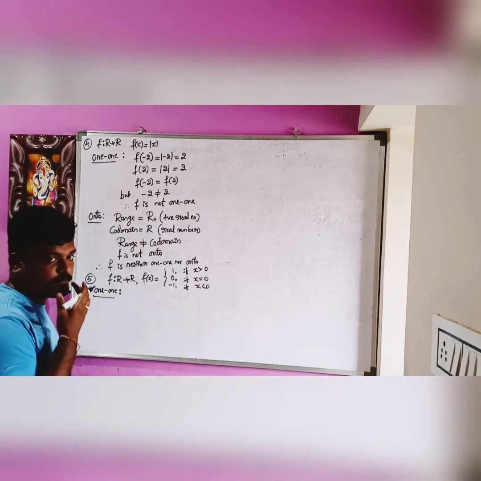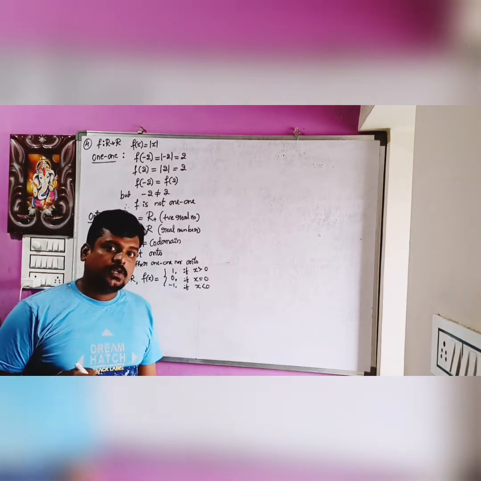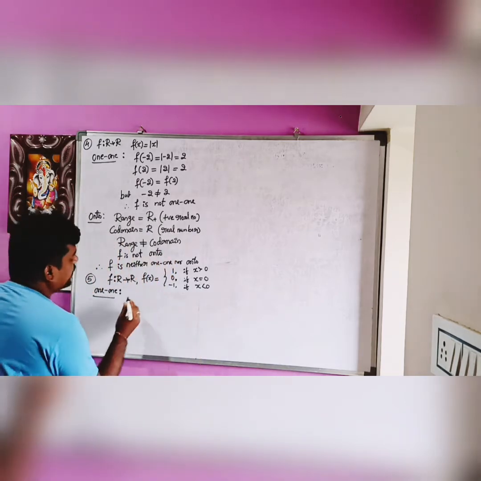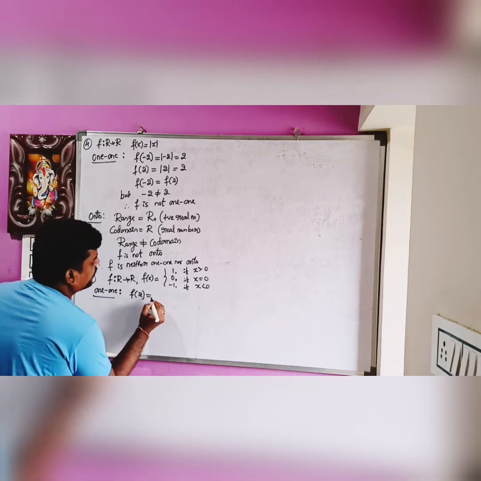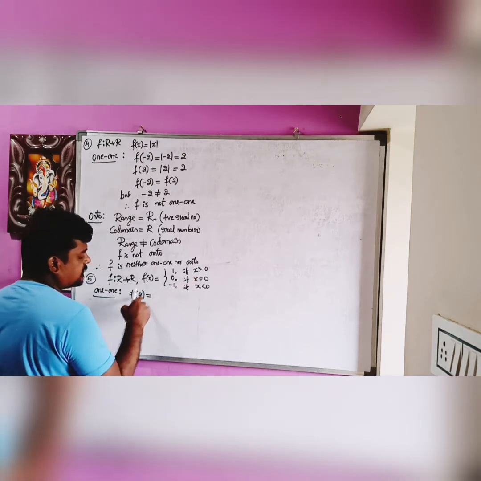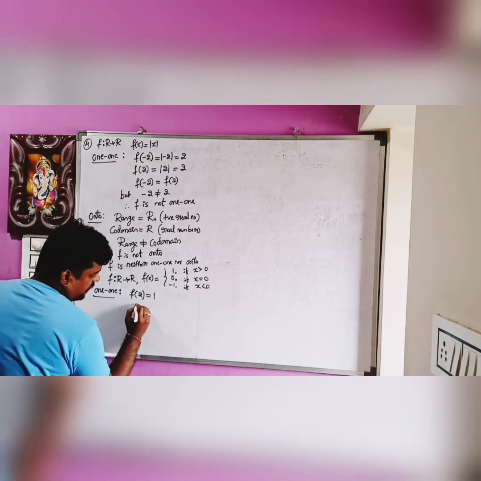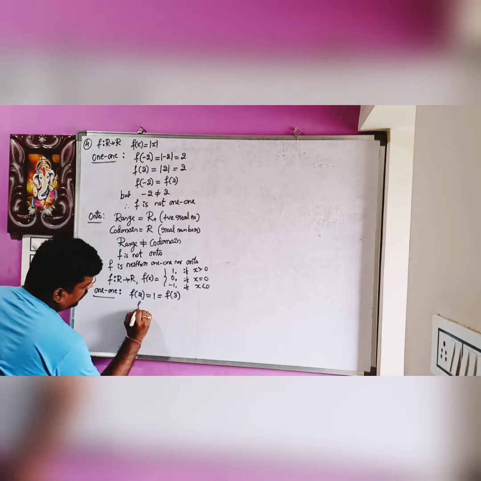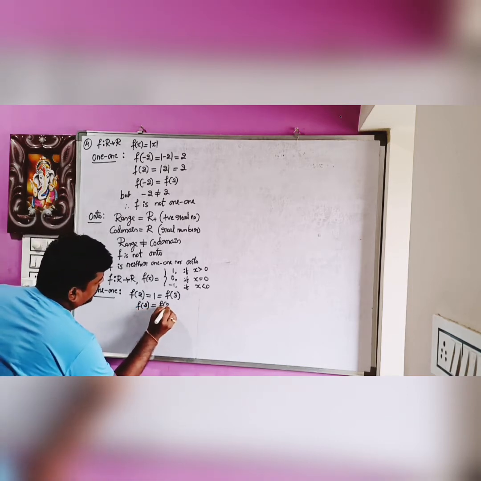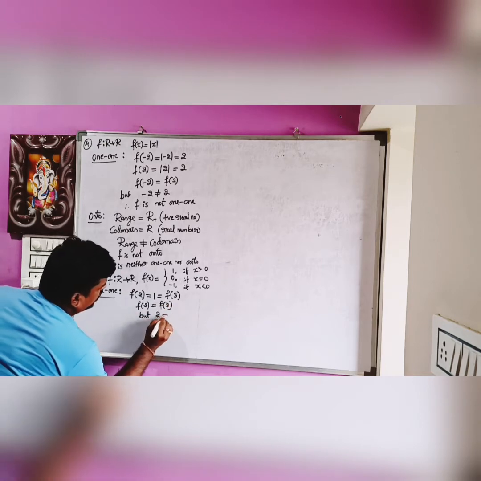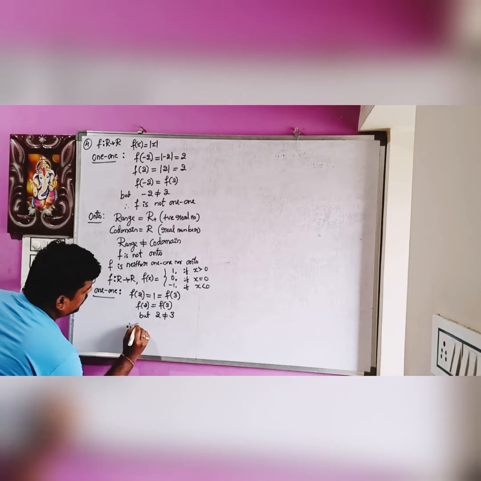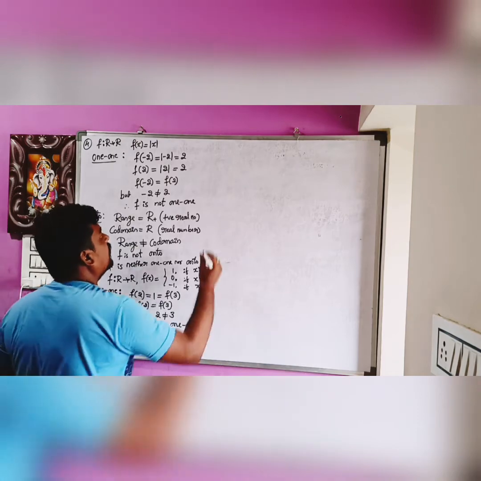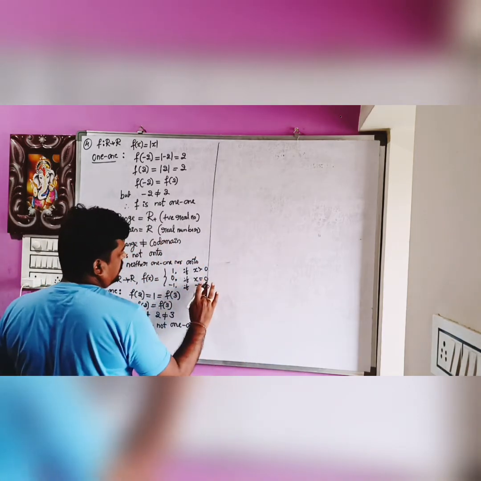1-1 case. For x greater than 0, we can take 2, 3, 4. They are all greater than 0. So with the same examples, f of 2 is equal to, for the signum function with x greater than 0, 1. It is also the same as f of 3, f of 4. So f of 2 is the same as f of 3, but 2 is not equal to 3. This is enough for saying that f is not 1-1. Next, for the onto case.